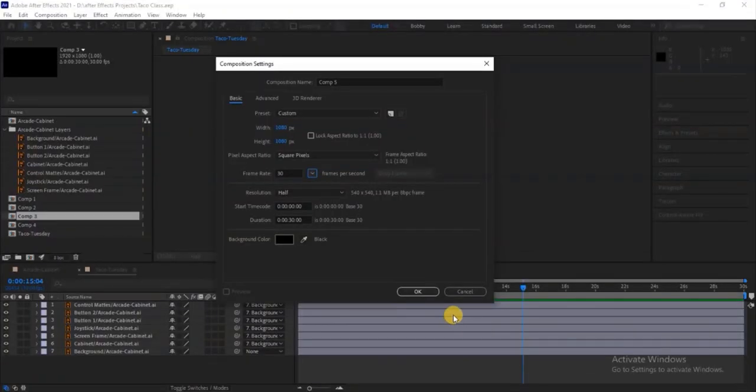Guys, in today's video we are going to talk about how to create a new composition in After Effects and what the elements you see on the new composition settings page mean. So that's what we are going to do. First, how did I get to this